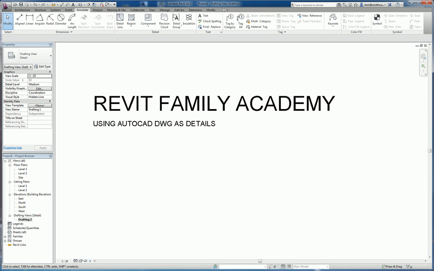What we're going to be covering today is using AutoCAD files or DWGs as details into Revit. You've probably done this before. We're just going to go through a workflow on how to properly bring in the AutoCAD DWG file so that you don't get extraneous line types. Okay,